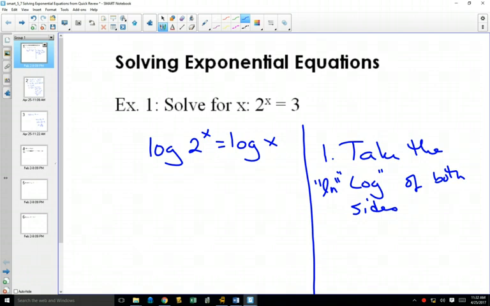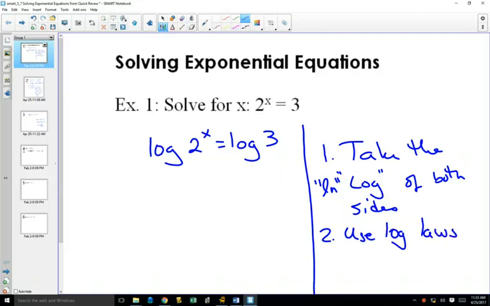Plus, they're also nice because with the log of base 10, the common log, you don't have to write the little number each time. Saves you a little bit of time. If you really want to be efficient, use ln. It's one less letter. And that maybe saves you like 0.8 of a second. So now that we have taken the log of both sides, the second thing we're going to do